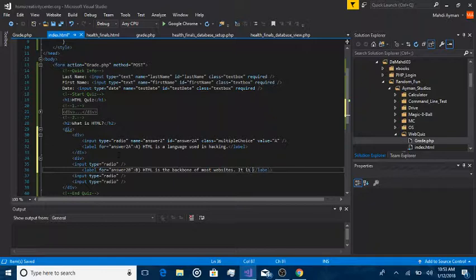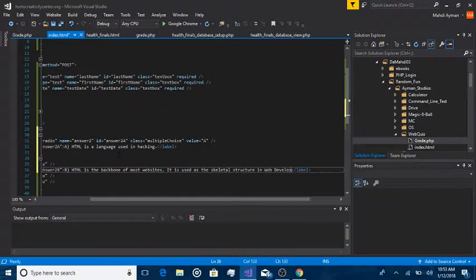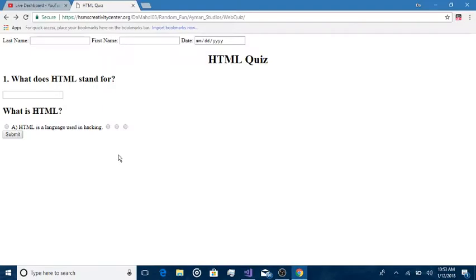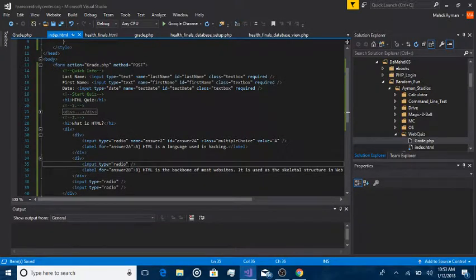It is used as the skeletal structure in web development. There, save. Right, now I need to go ahead and put in the same name equals answer 2,